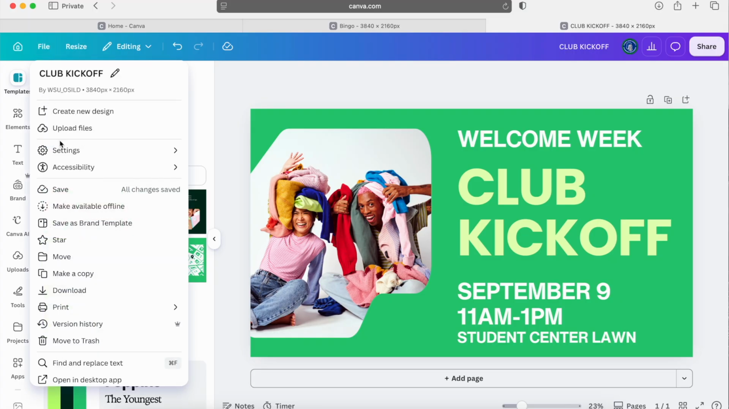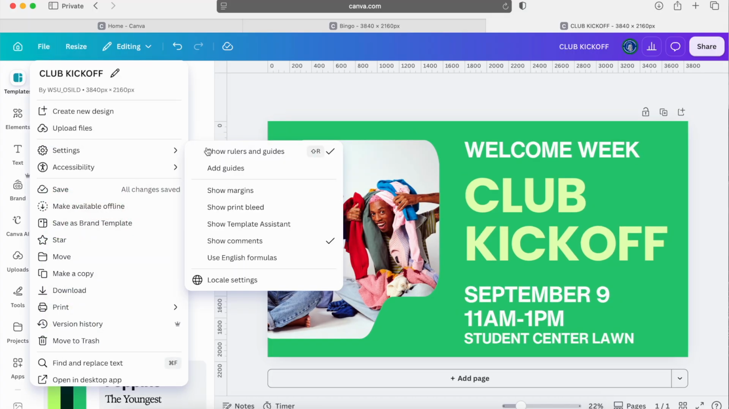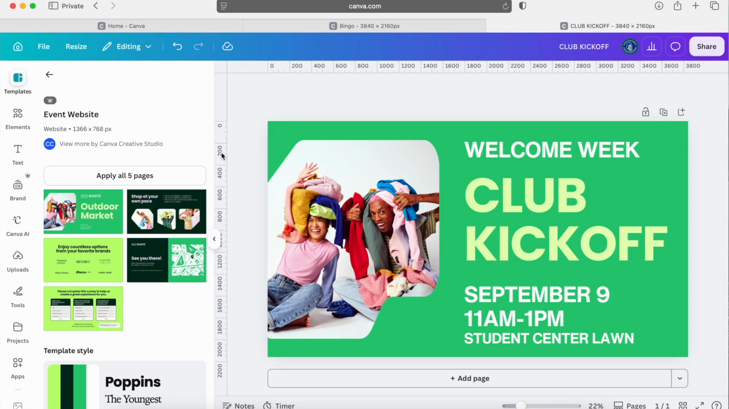I think everything's lined up and looks good. I am going to use my rulers and guides just real quick to make sure that all of my text is lined up on the vertical plane. It is. That makes me happy. I like when things are all lined up like that. You can view rulers and guides by hitting Shift-R, and then you can go ahead and get rid of them